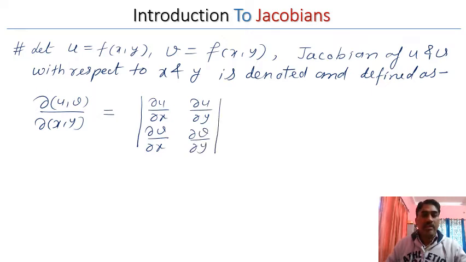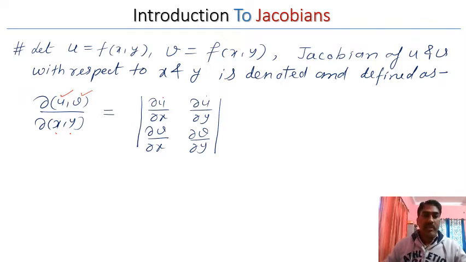So how do we write it? There are two functions u and v and two variables x and y. So first take the first function and find its partial derivative with respect to x, then partial derivative with respect to y. Write them in a row. Then take the second function, find its partial derivative with respect to the first variable and with respect to the second variable, and write them in a second row. So this will form a 2 by 2 determinant,